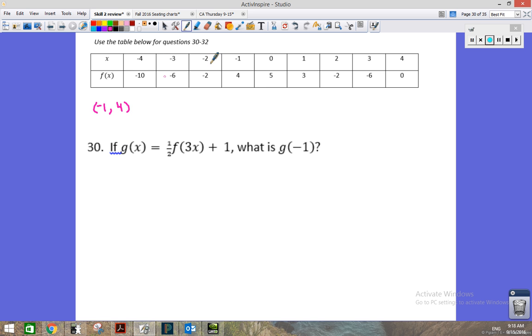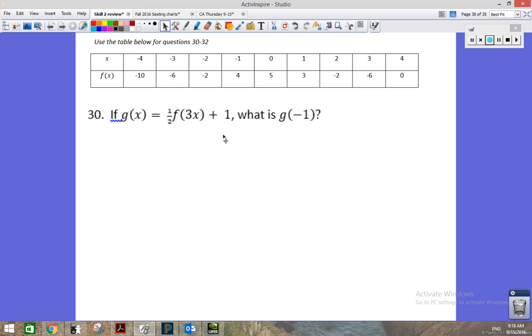I suppose we could translate the whole table, but we don't know if any of these x coordinates would transfer to x is -1. So I really don't see a way that you should apply the transformations to this table. It could work out, but the table is finite. We may not have the point that we need. It's much easier that we can just do this by substitution. This is the idea that you could have used before you ever learned